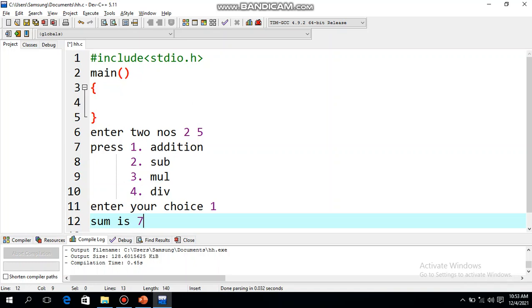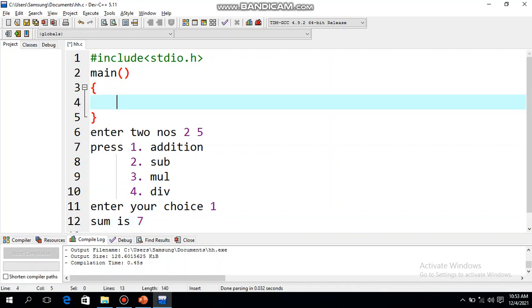Okay, so based on this, how many variables will we have to declare? 2 variables for the two numbers, then one more variable for the choice that you will give, that is either 1, 2, 3, 4. So total we need 3 variables.